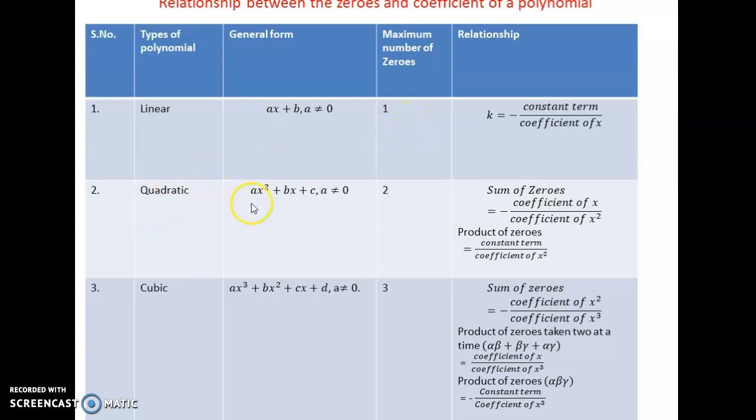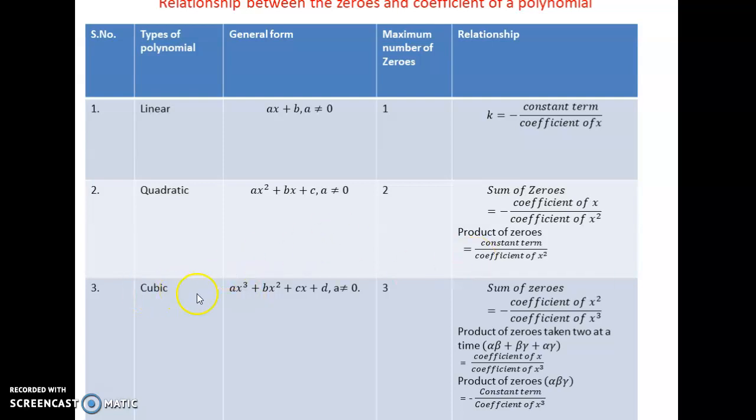The second one is the quadratic equation which has ax square plus bx plus c. So how many values of x are possible here? Yes, 2. So what can we do with those values? We can either add them or multiply them. The sum of the zeros is the coefficient of the second highest power of x divided by the numerical coefficient of the highest power of x, but with a negative sign. Similarly, the product will be the constant term divided by the numerical coefficient of x square, but the sign will be positive here. It follows the pattern negative, positive, negative, positive.